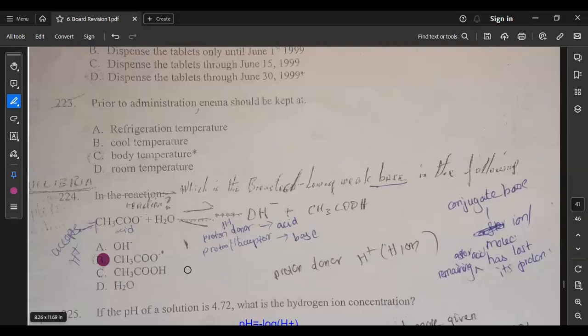So if you have a strong acid, you'll give a weak base, a conjugate base. Oh, weak base, okay. So here, H2O is a strong base, so it will give